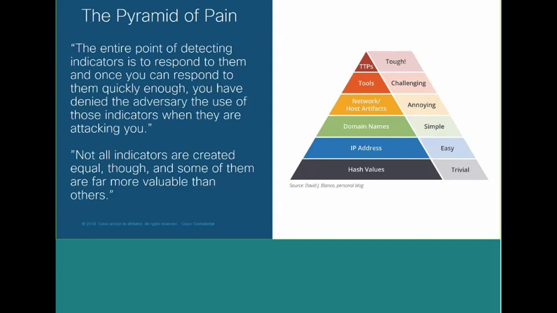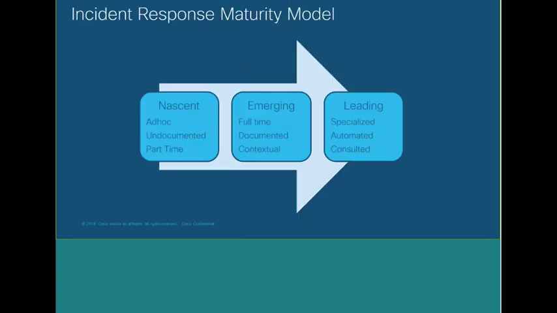There are different levels of maturity to an incident response process. And you'll often find that everybody is able to block these hash values and IP addresses. And obviously Cisco makes this even easier, which is a good thing. Don't get me wrong, it's definitely a good thing. But these different levels of maturity can basically be scoped out like this. You have a nascent, a new incident response capability, which is ad hoc. An incident happens and somebody says, oh, we should stop our day jobs for a minute and deal with this incident, because there is no